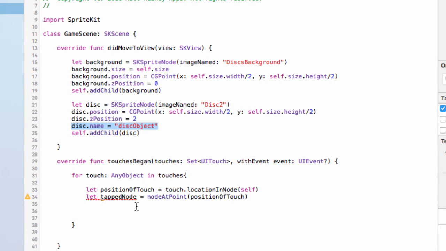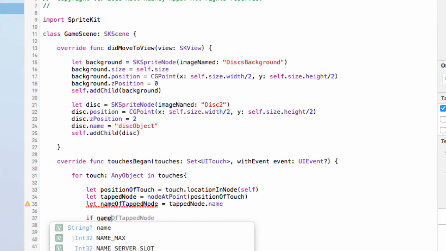So we're going to pull the name from this object, and if that name is diskObject, then we have touched the disk. So again, we will say let, and we will call this one nameOfTappedNode equals tappedNode, this from here, .name. So now nameOfTappedNode is set to the name of the node that we have just touched, or the object that we have just touched. Now with that, we can use a simple if statement that says if nameOfTappedNode equals